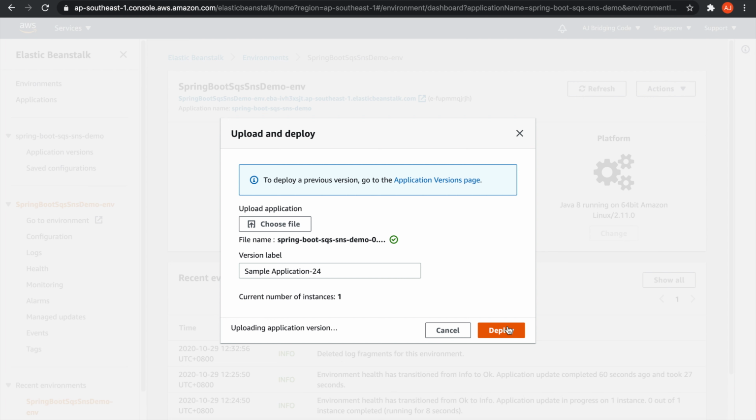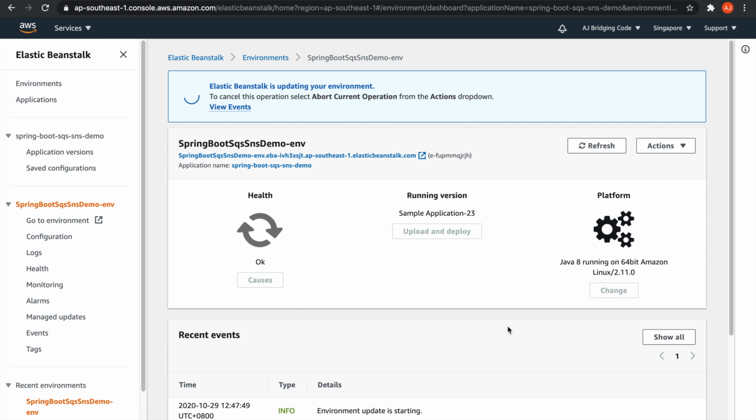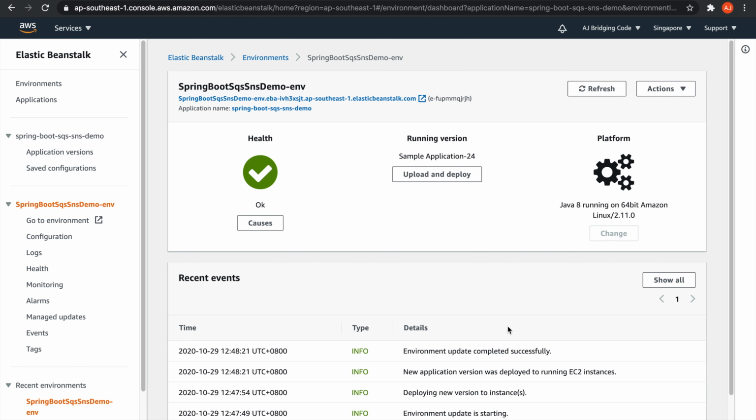Now this will upload our Spring Boot app and deploy it to our EC2 instance. Now that it's uploaded,